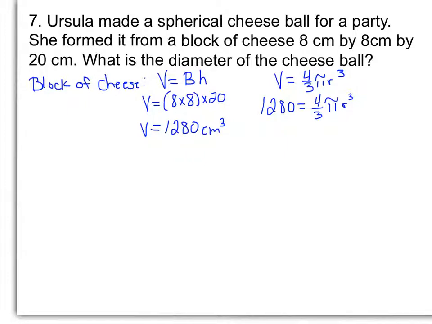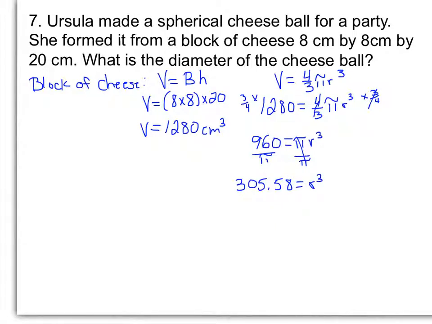Then solving for radius, we're going to multiply both sides by 3/4 to get rid of that fraction. We have 960 equals pi times our radius cubed. Then we have to divide both sides by pi. We get about 305.58